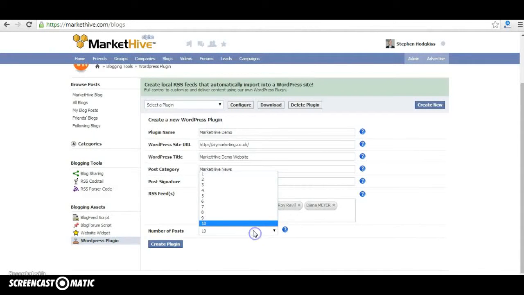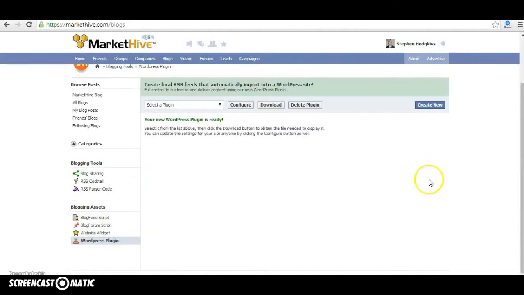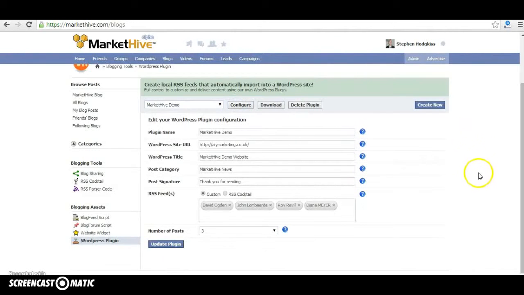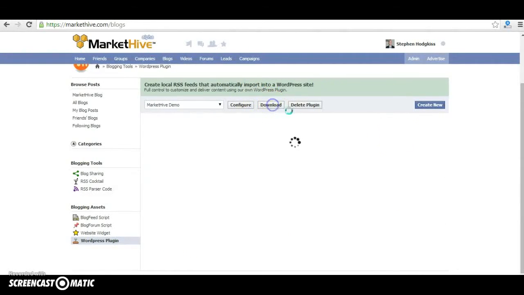So let's just put that to say 3 posts per person, and then click on create plugin. Now it's basically created it. If I now choose MarketHive demo from the drop down list and click on the configure button again, I can see all the information there, and I can change it and update the plugin if I want to. But what I want to do now is click on the download button,